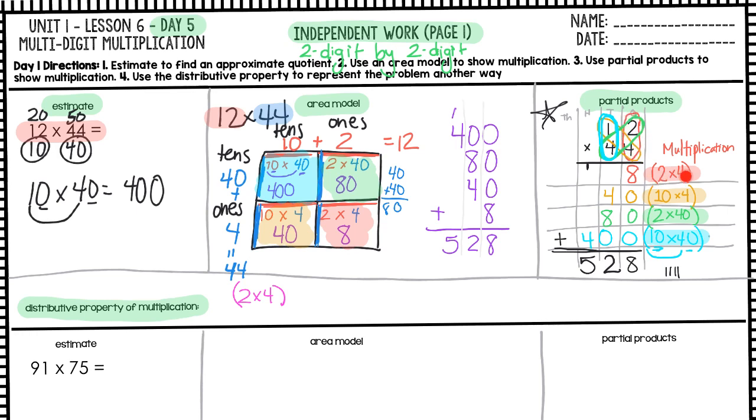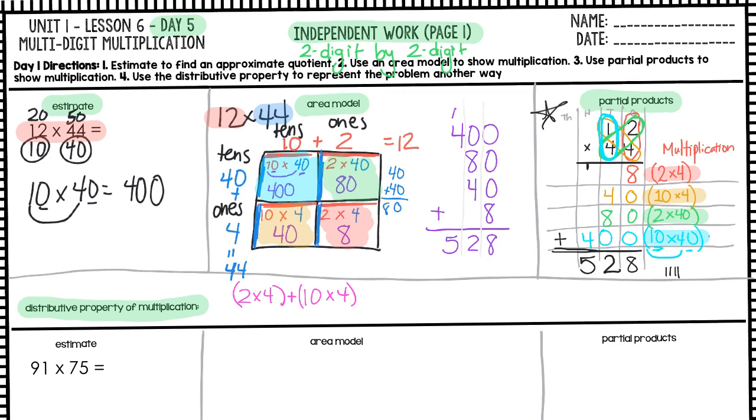My ones times my ones was 2 times 4. Then I did 10 times 4. So my next step was 10 times 4. Then I'm going to add these two parts together because we cannot have our whole answer unless we're putting each of the 4 parts